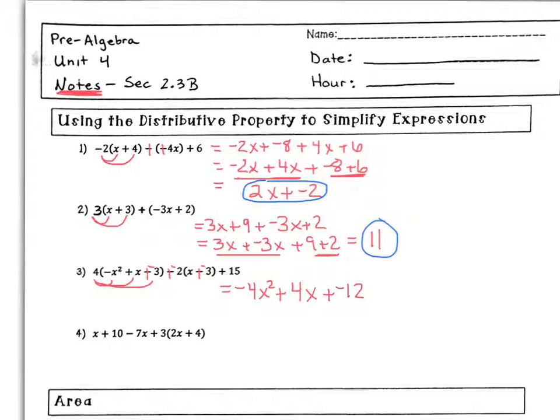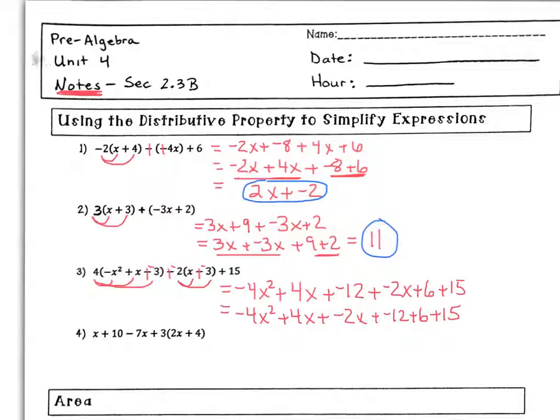Now I also need to distribute this -2 right in here. That's a distributive property of multiplication with respect to addition. So that's going to give me -2 times x, -2x. -2 times -3 is 6. And then don't forget about the plus 15. Alright, we will rearrange this. We'll have -4x squared plus 4x plus -2x plus -12 plus 6 plus 15, and now we'll just add like